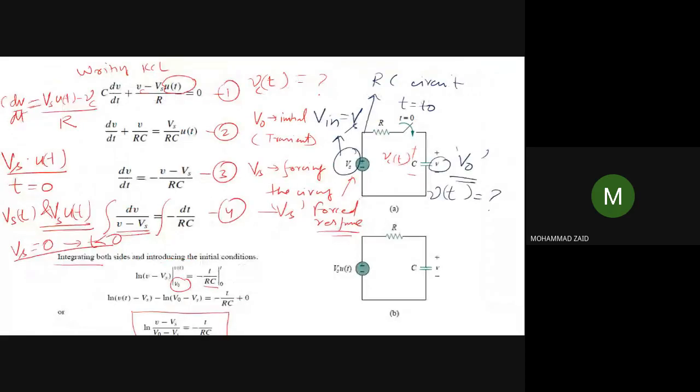Okay, so that means this equation, I hope up to this equation you are clear. And this you can term as equation 5. Simply we have done nothing. We have written KCL and we have integration from 0 to t. At 0 we are getting an initial voltage V naught, so we have put initial conditions, and Vt is the voltage variable that we need to calculate.